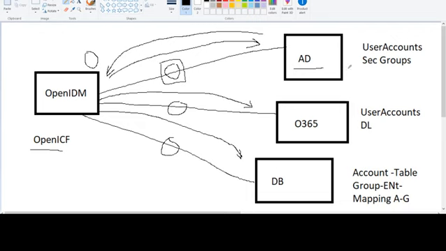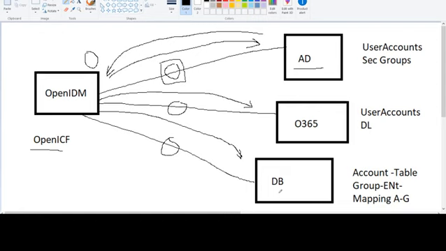So if any account is created in Active Directory, it should get reflected in OpenIDM. It should also create an account in OpenIDM, which can trigger an event that creates an account in Office 365 as well as the database. So these events can be managed at both ends, your OpenIDM as well as your Active Directory. That kind of automation can be achieved by implementing OpenIDM's connectors and mappings.